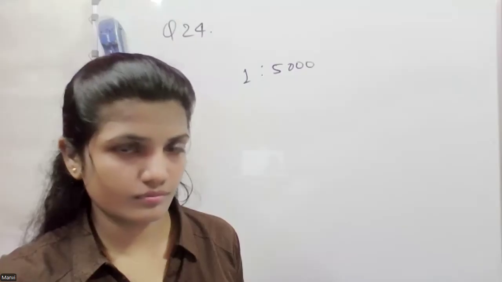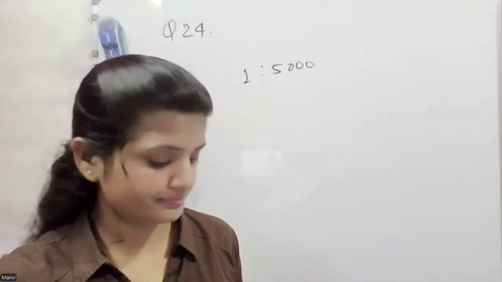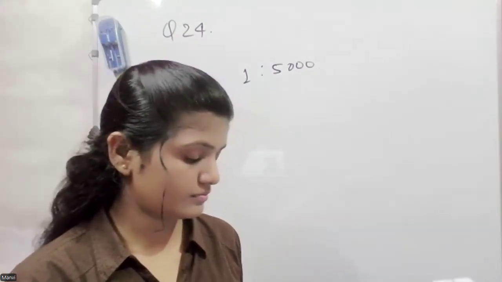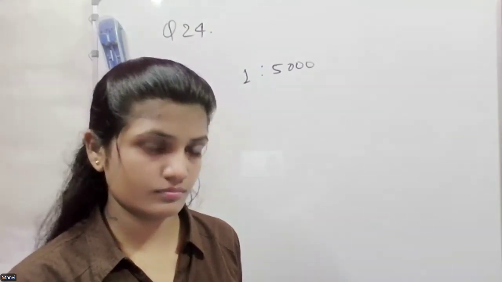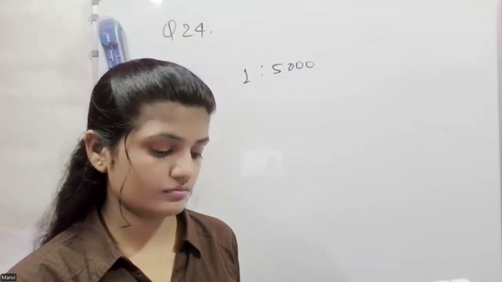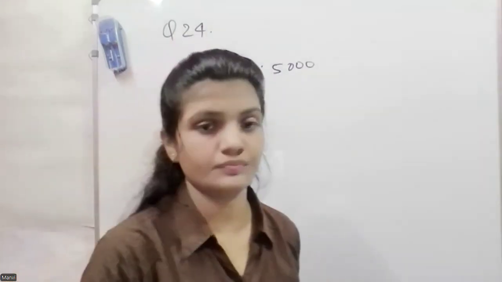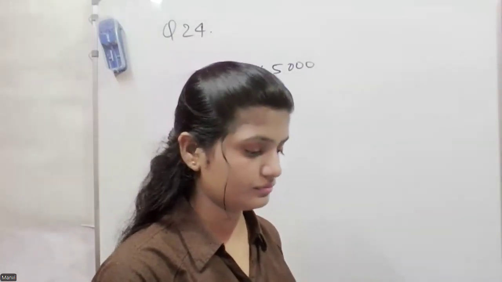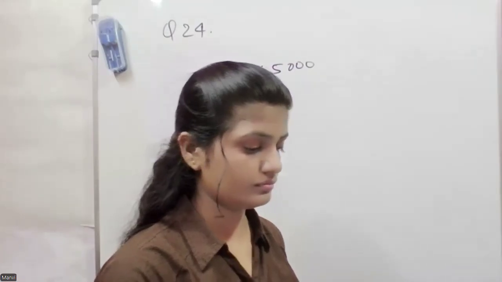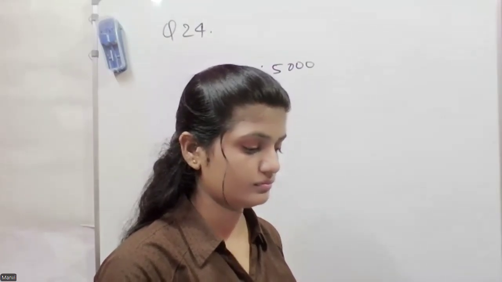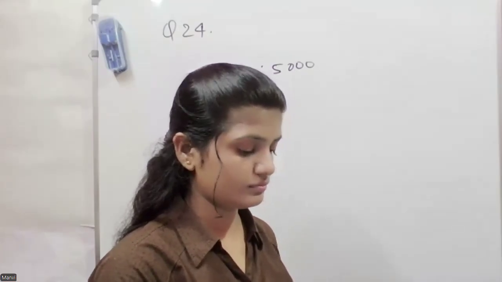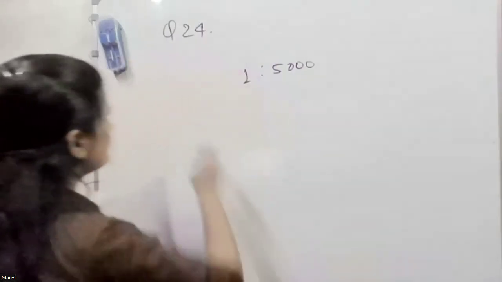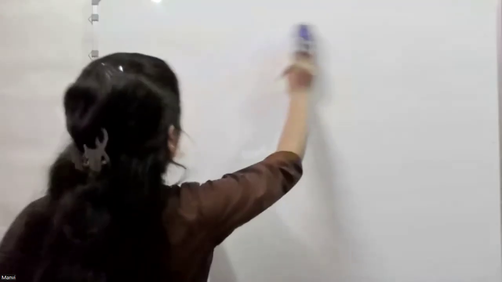Oh yeah, it's 1 million. I mean, 1 million. So it'll be 2 ratio 1 million, and then we can convert that into 1. So it'll be 1 minute. Oh, okay, I've got it there. So it'll be 1 ratio 500,000. Yeah, very good. Now you can easily move towards our next topic.